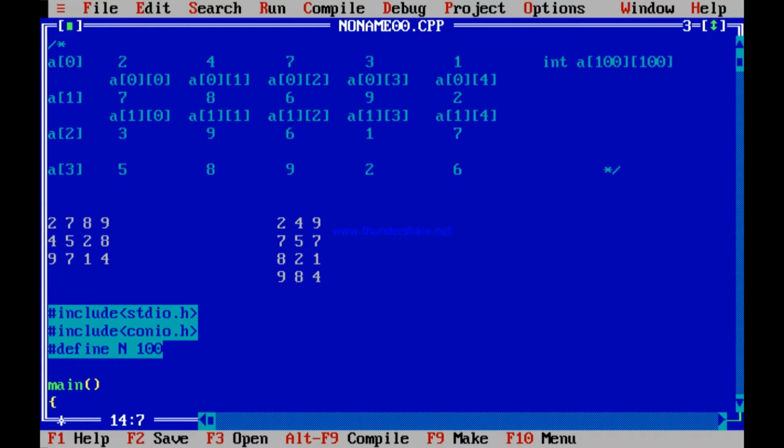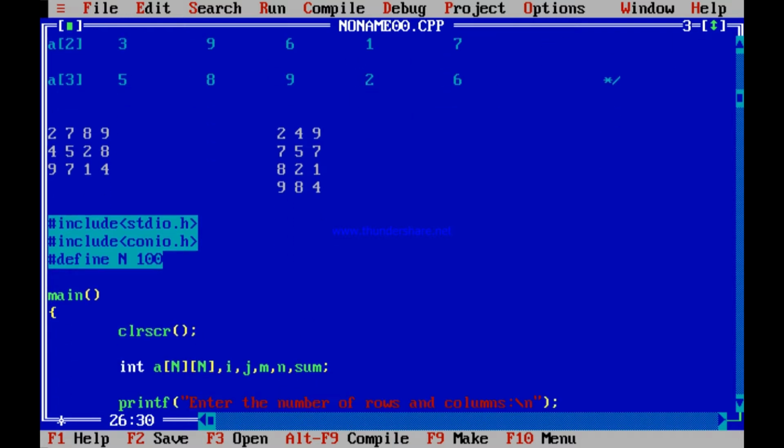See, in the original array, there were 3 rows, 4 columns. Now there are 4 rows, 3 columns. So it has interchanged. But if we declare the array as int a[n][n], or n being hash defined as 100, int a[100][100], then don't forget there is an option for you to enter 100 numbers per row and have 100 rows in total. So you have enough space. You can have 100 rows in total and you have the option of having 100 numbers per row.